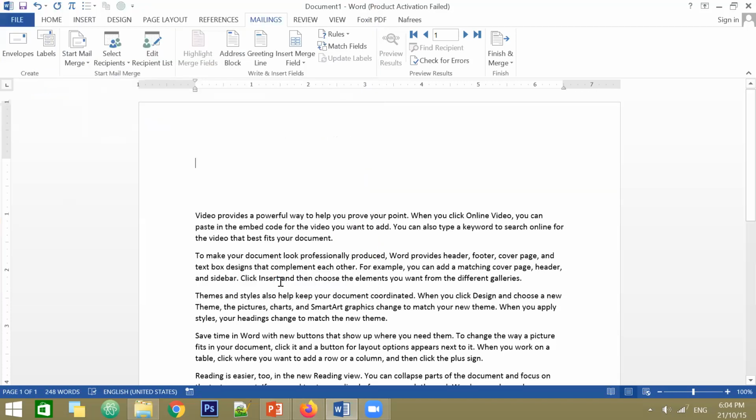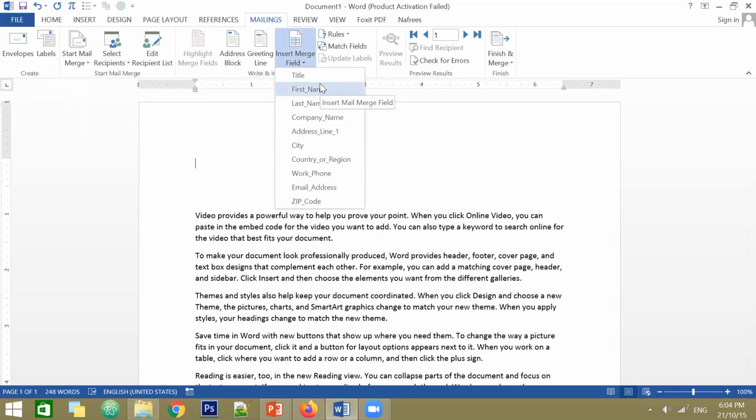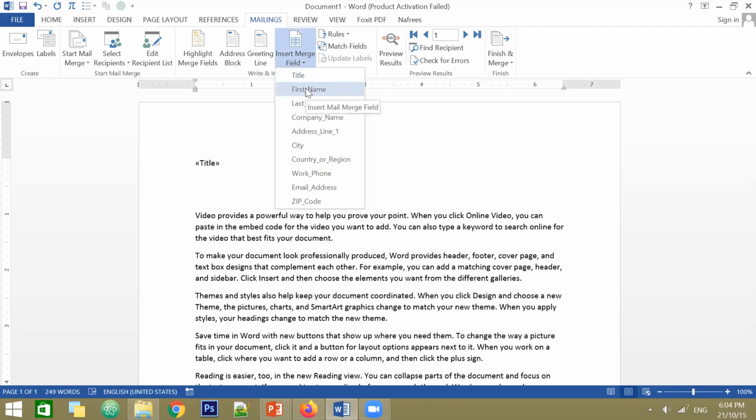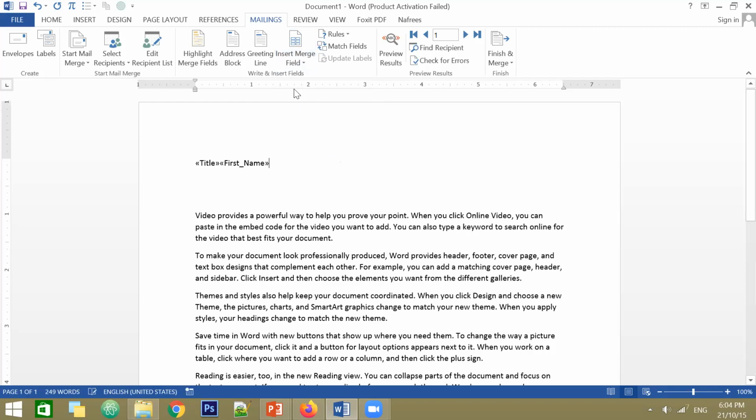I have opened it. Once you select this one, look at here, this write and insert fields area will be enabled. From that, look at here, these are the set of fields which I used to create my recipient list. So from this, you can use whatever you wish. For example, in your address area, you need to insert the title, whether he is a doctor or Mr. or Miss or Mrs. Then if you want to put his first name, you have to select the first name field.